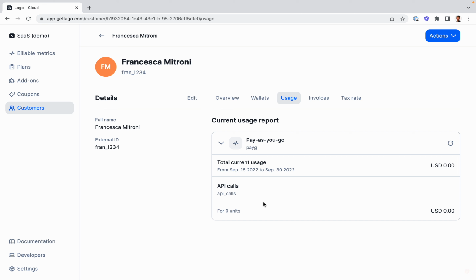Basically, during the billing period, I'm going to record the number of calls that are made by my customers, and then at the end of the period, Lago will automatically calculate the charge for each customer. Now, the only issue with this plan is that I need to wait until the end of the billing period to get paid. So what I can do to avoid this and improve cash collection is to create a wallet